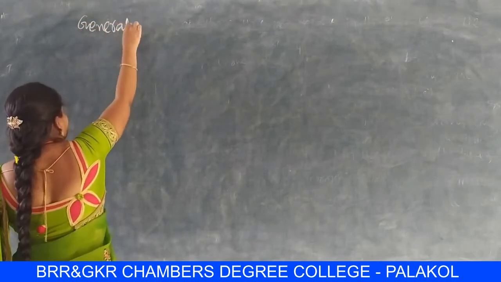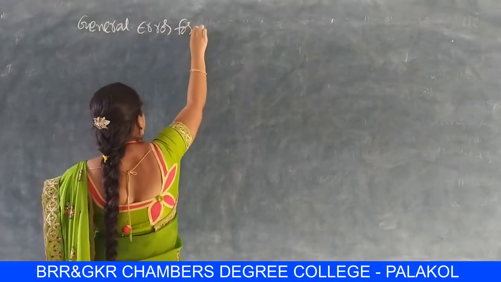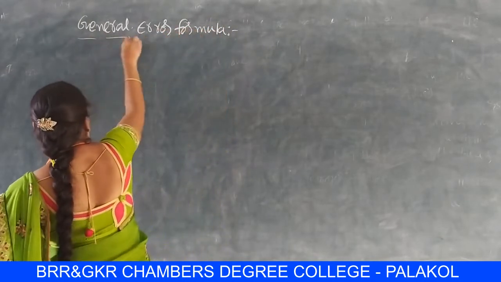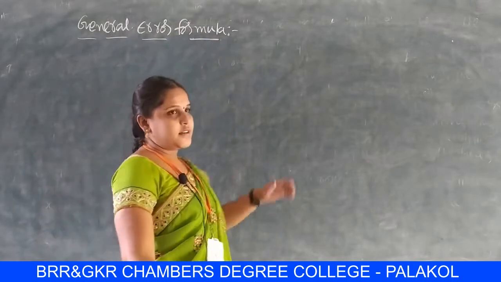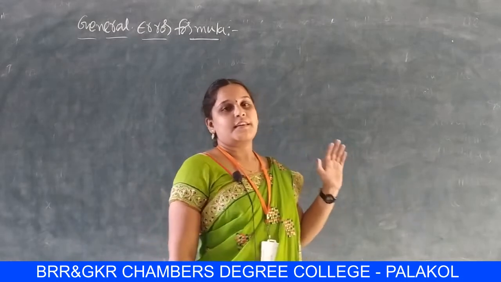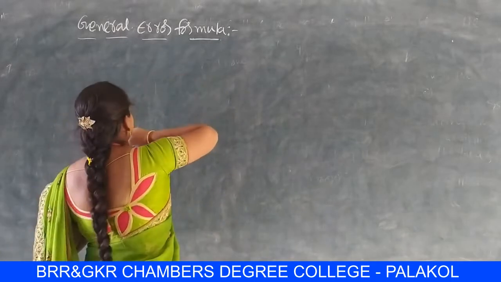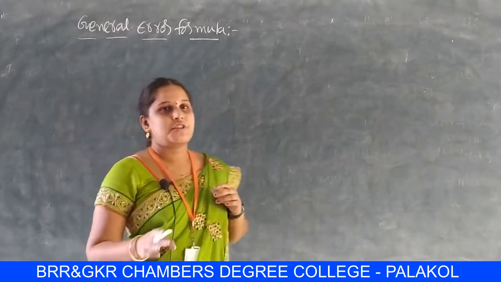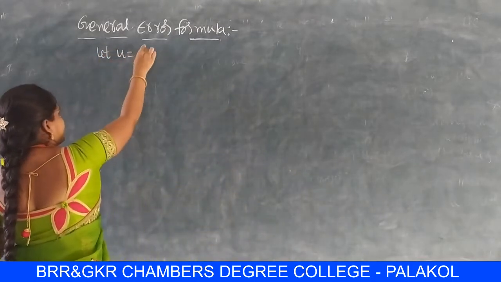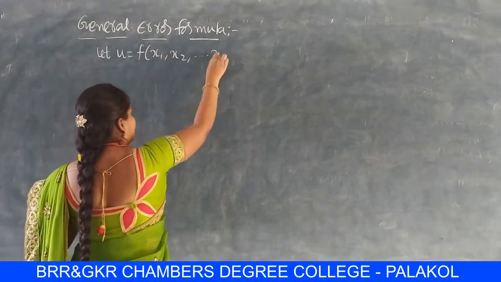We derive a general error formula using functional relations. Now let u equal f of x1 comma x2 comma and so on xn